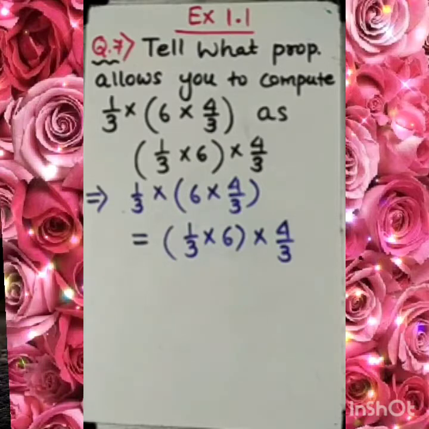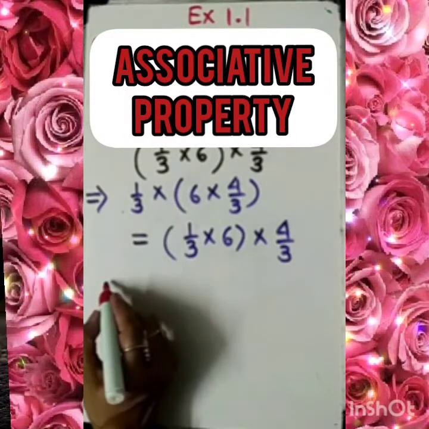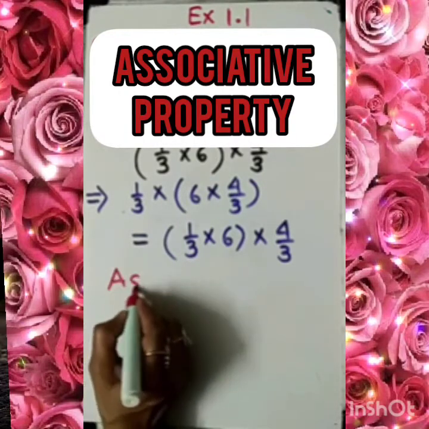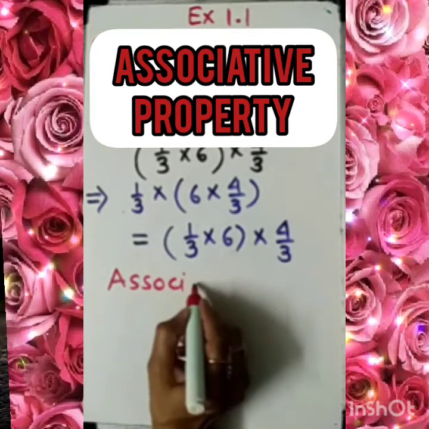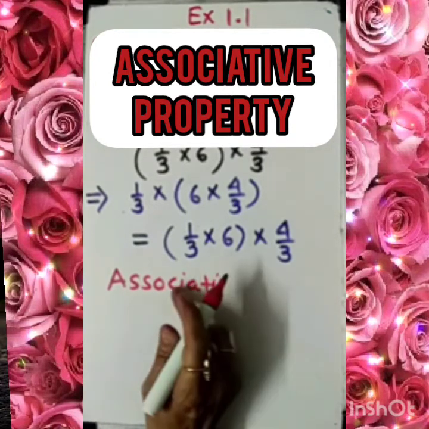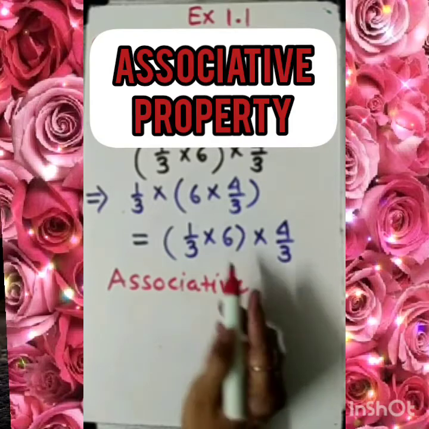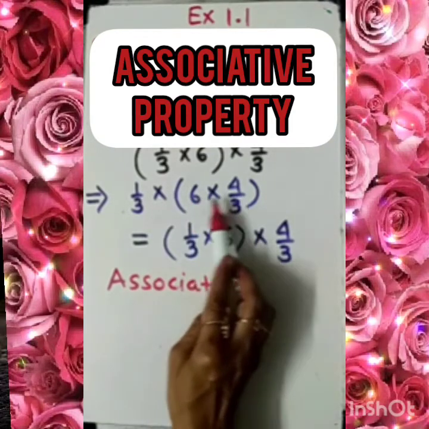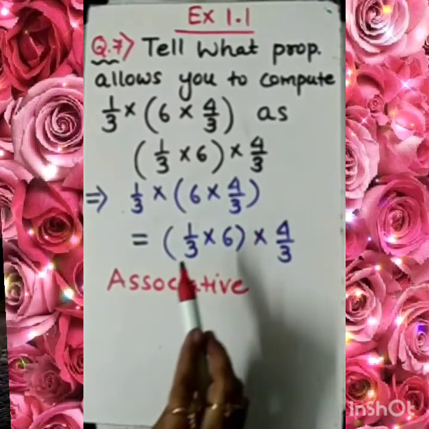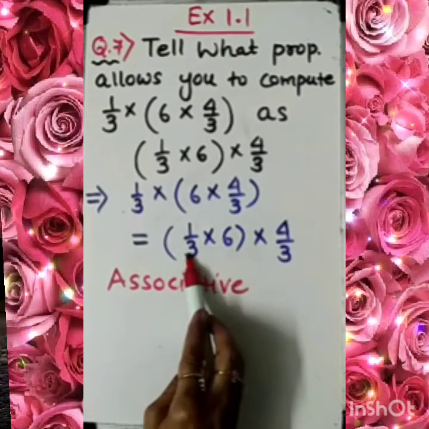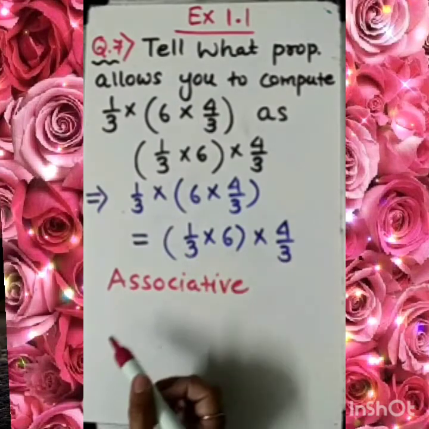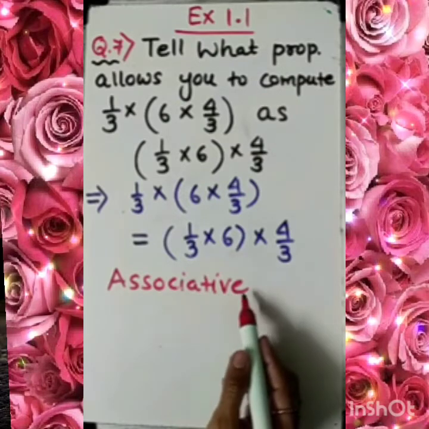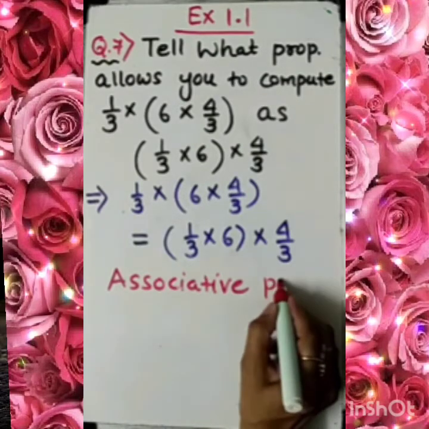What we call it? This property is known as associative because we are associating. Associating whom? First we are associating these two fractional numbers and here we are associating first two fractional numbers. So the name of this property is associative property